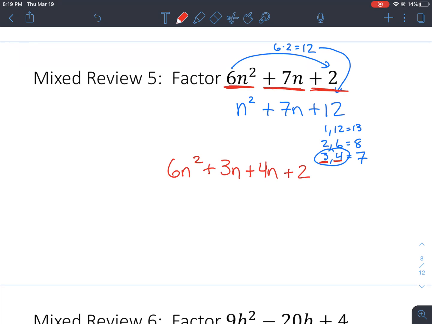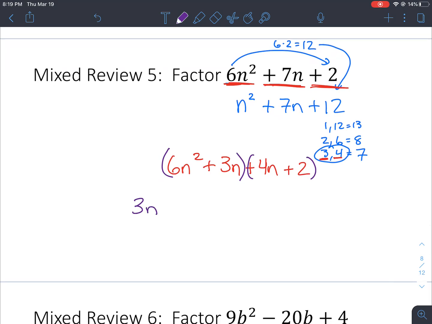Now, the reason we split that is so that now we can practice our GCF factoring. I'm going to clump the first two terms together and the last two terms together, and I'm going to ask, what can I take out of each set? So in the first set, if I look at the numbers, I have a 6 and a 3. I could take a 3 out of each. I have an n squared and an n. I could take a single n out. So then 6 divided by 3 is 2. N squared divided by n is n,